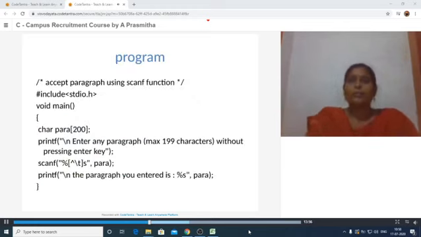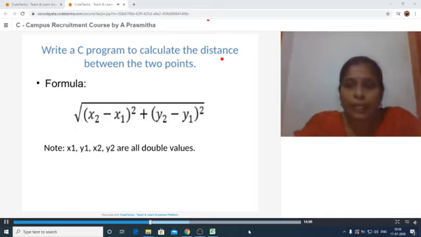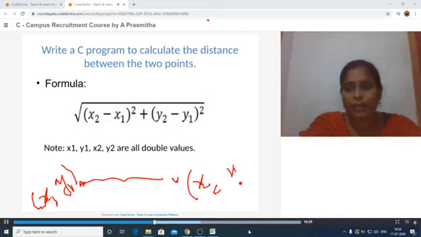So next one is to calculate the distance between 2 points, and we know that we can calculate the distance like there are 2 points, one is here and another one is here, and this one we will call x1 and y1, and this point is called x2 and y2.